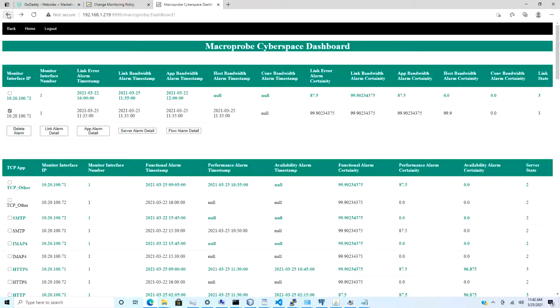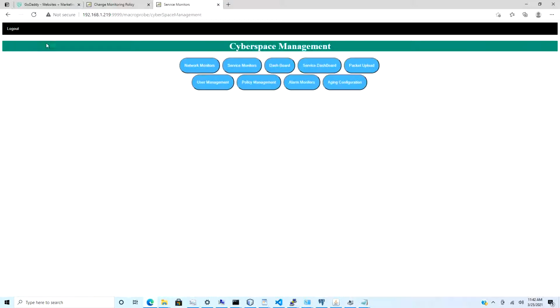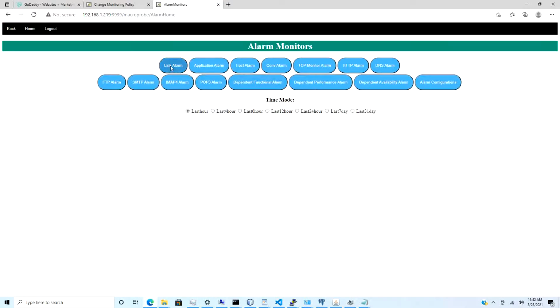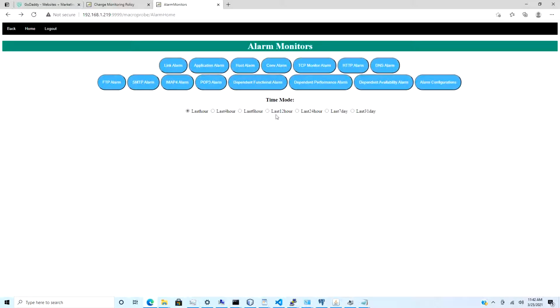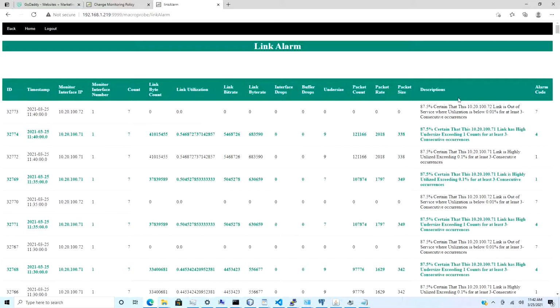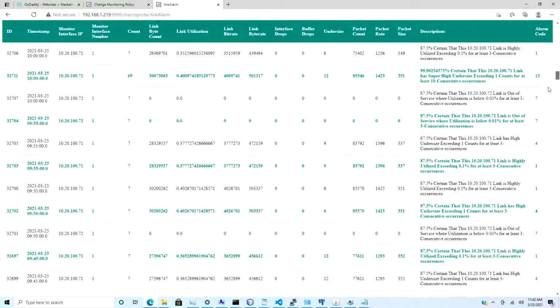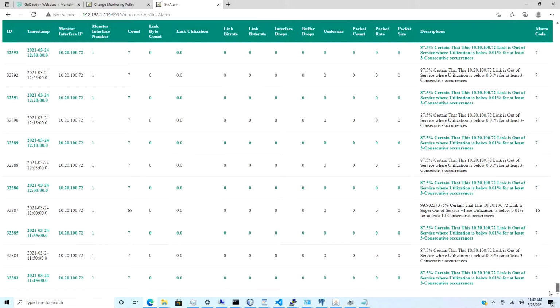So that's the dashboard and drill down to the detail of the alarm. You can also go into the alarm monitor on the link alarm to look at it in a different time mode rather than just the last hour. So let's say you want to look at the last 24 hours. So you get all the alarms for the last 24 hours on the link,